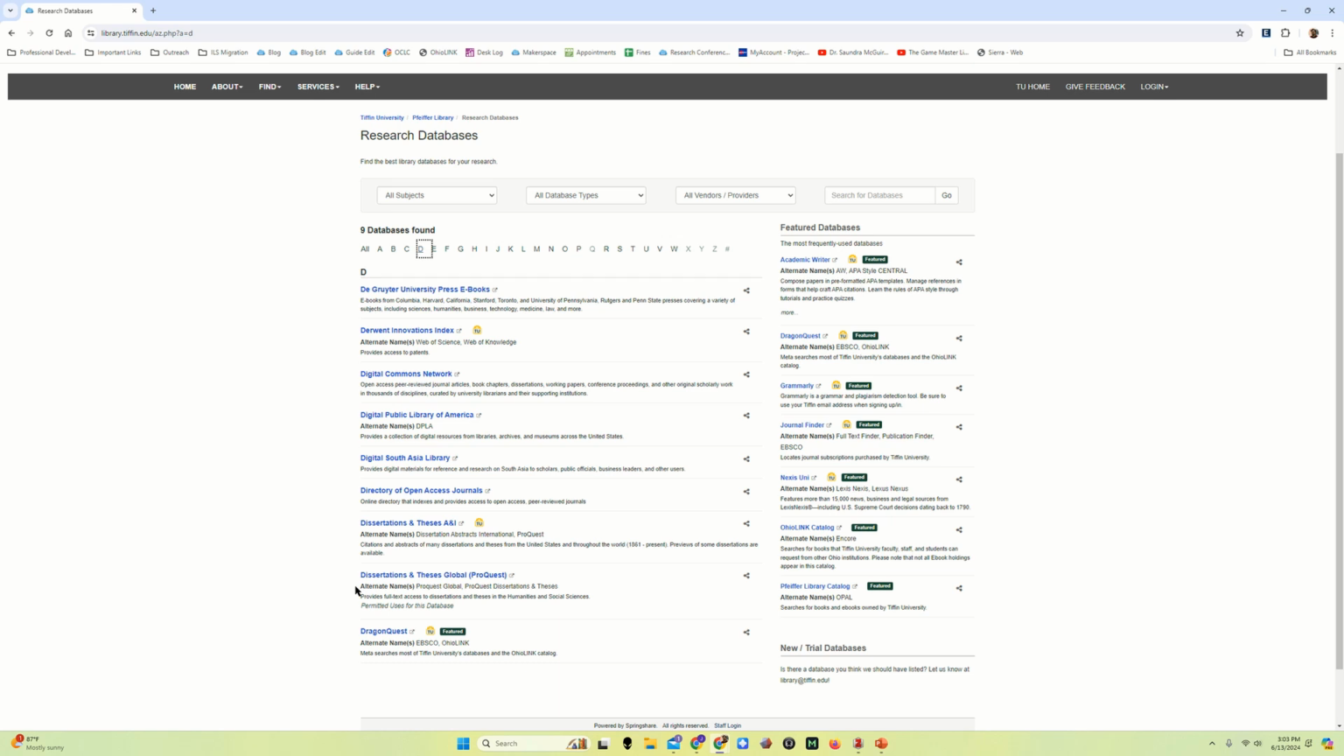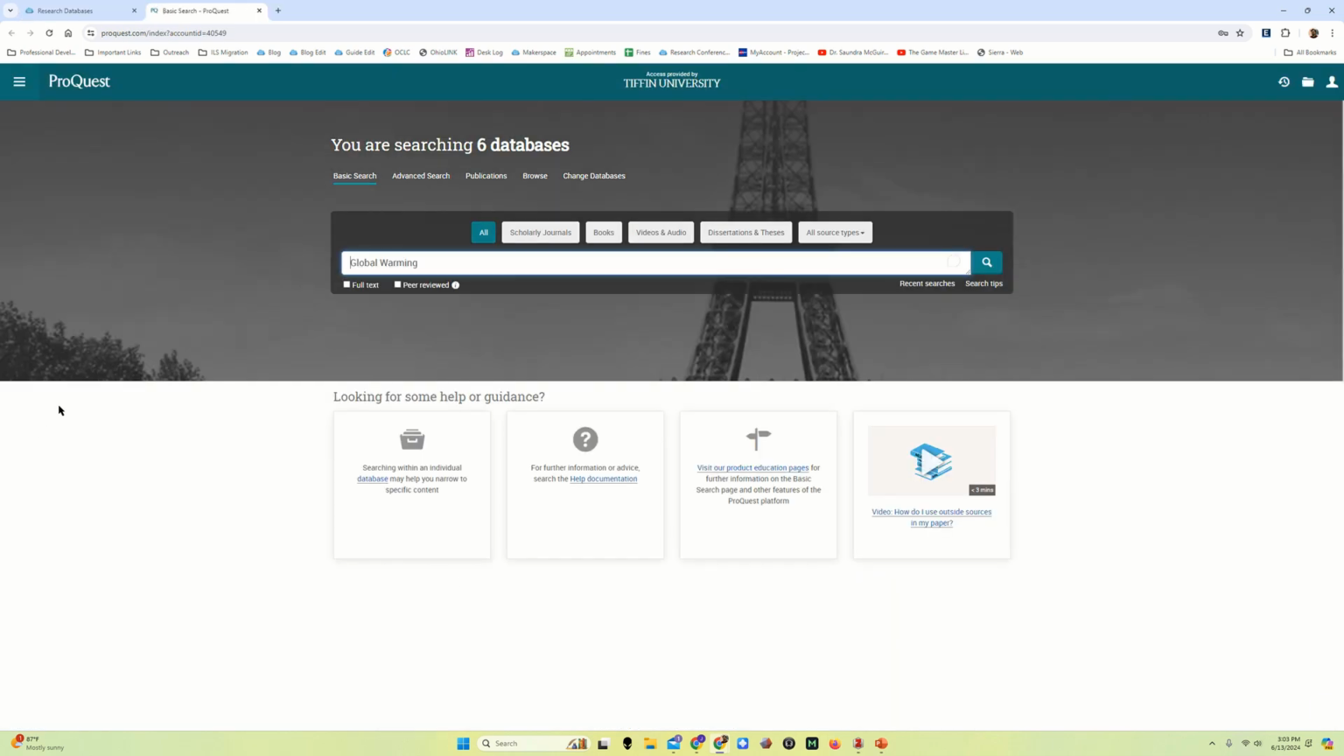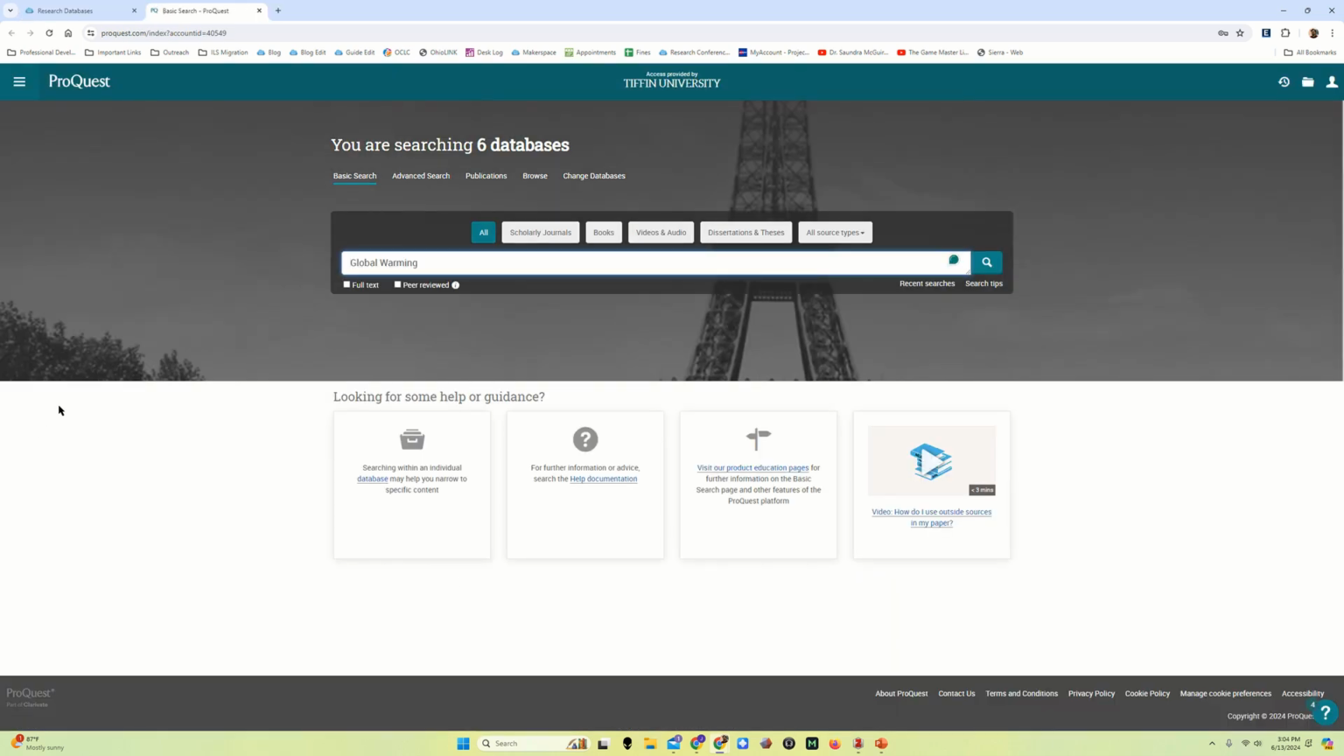Databases like the Dissertations and Theses Global database that we're about to look at have alternate names that don't include EBSCO in that list. We just see the ProQuest Global, ProQuest Dissertations and Theses listed here. That doesn't show up as well in Dragon Quest. Dragon Quest will catch some of it, but not all of it. And we want it all. We want to have the best selection of resources that we possibly can. So if I click on this link here, that's going to take me to the landing page for ProQuest, the